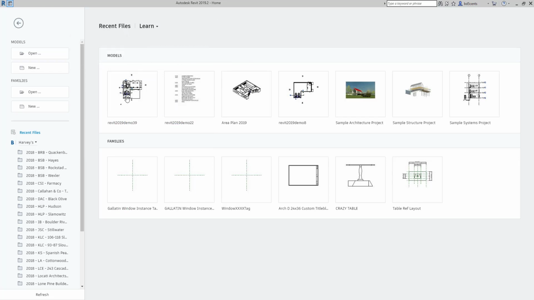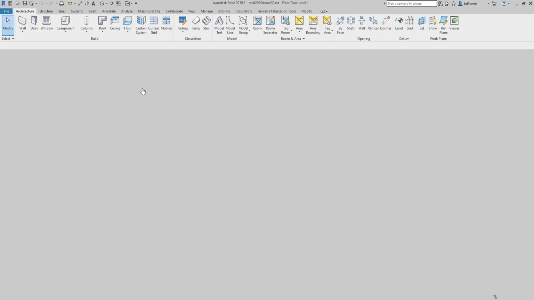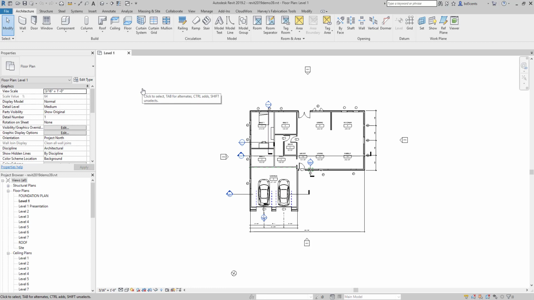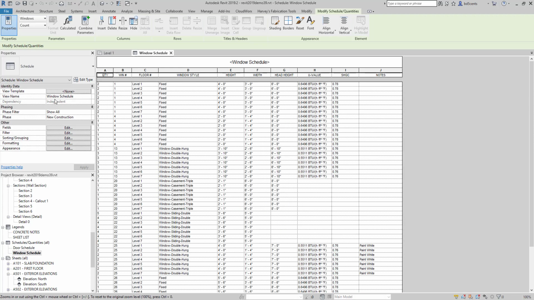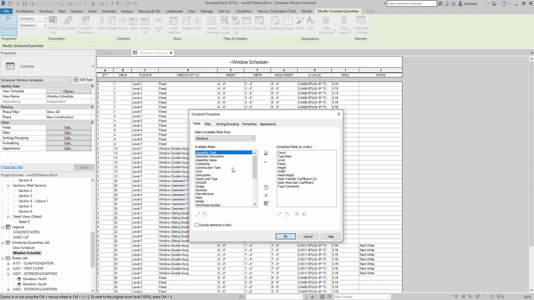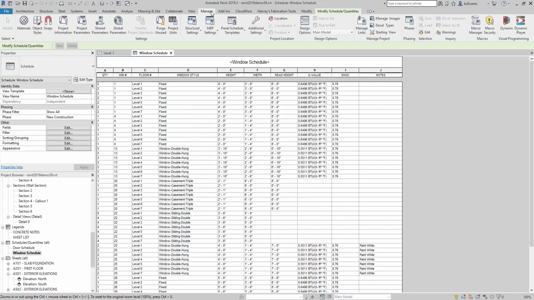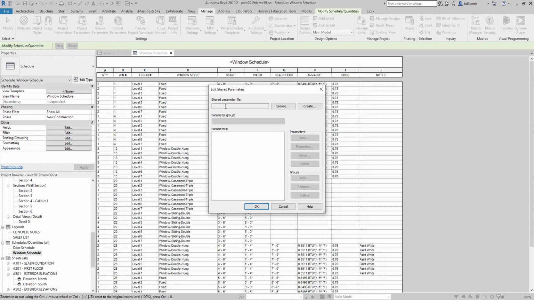So for this project, we're going to open up Revit 2019 Demo 39 to continue from, and we're going to get into adding parameters. So let's say there's a field you need that is not in the schedule. We will use the bold underline parameters above on page 321, and we'll explain how to add these parameters. So we're going to look at our window schedule that we made previously, and we're going to notice that when we go into fields and edit these fields, the available fields don't have the parameter that we want. So what we can do is go into Manage, Shared Parameters, and we can create a shared